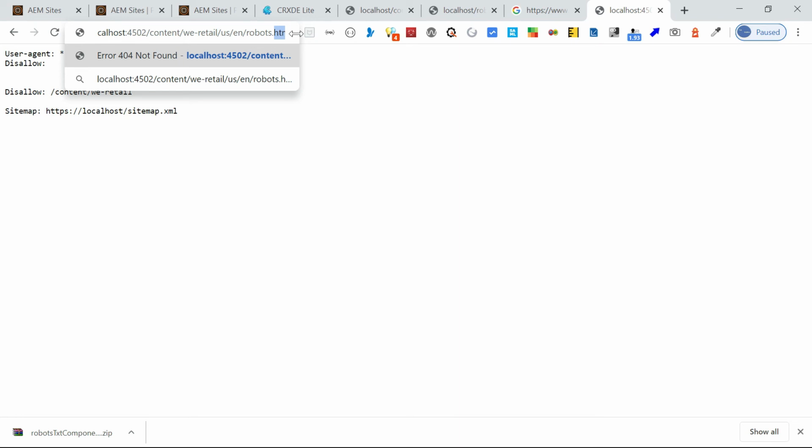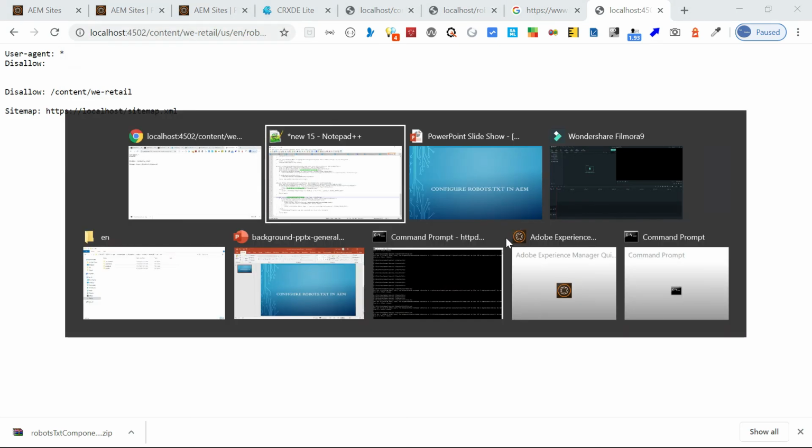Recently I could not do the demo, but I assume it was working that way. Still you may need a mapping, maybe USEN, depending on how you are masking the content. If you are completely masking this content, you don't need any rule. But in our case, because the jcr content is there, we need a dispatcher rule. Let me show you the dispatcher rule we created.